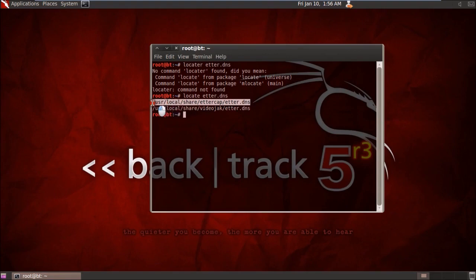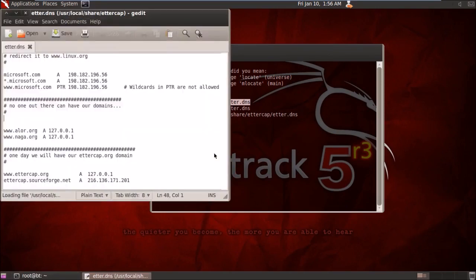I'll copy this and open it using gedit. Now, like I've told you, certain domain names and their IP addresses are mapped in this. So what I'm going to do now is spoof a website.